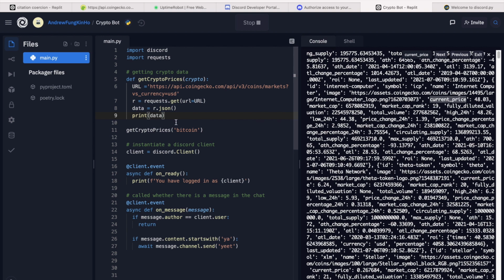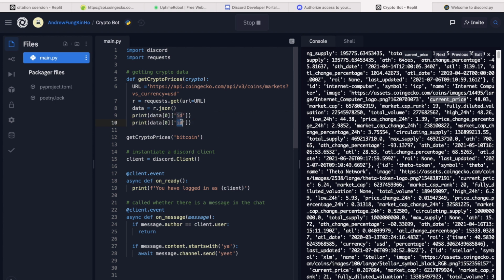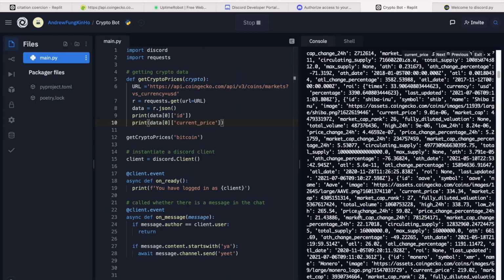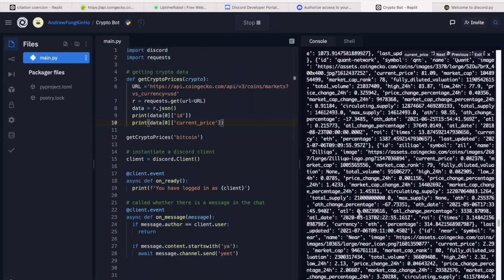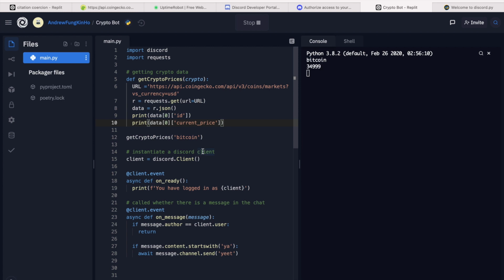So we will mostly be using that. And let's try the first item, and let's print out the ID, also the current price. That should be Bitcoin because it has the largest market cap. So let's see if we got anything in return. So we got Bitcoin and also the current price.